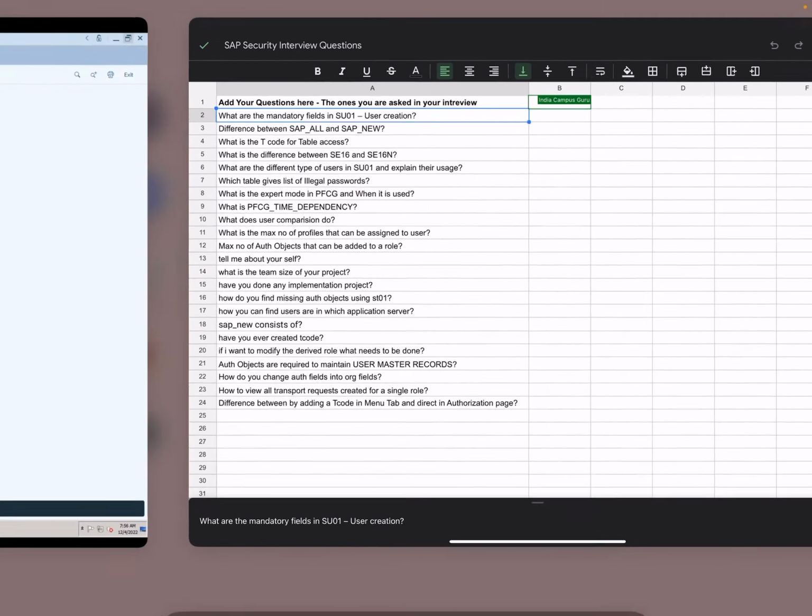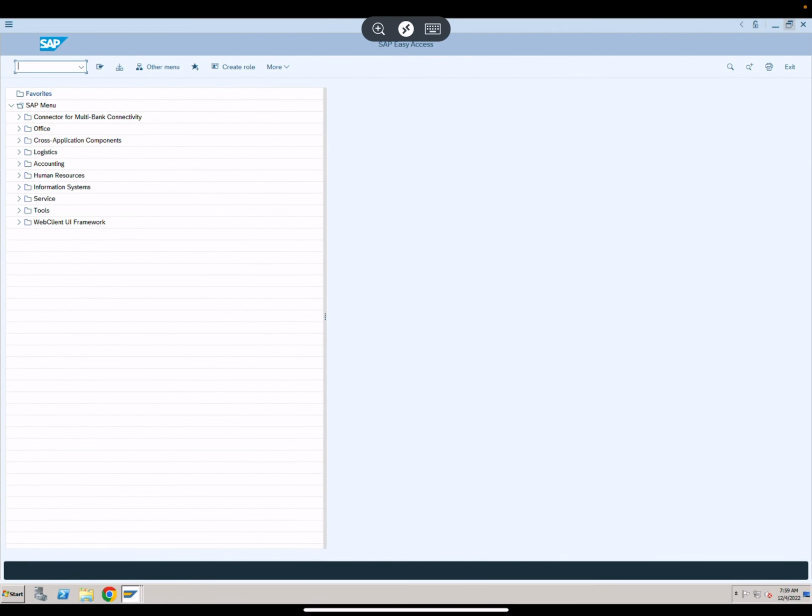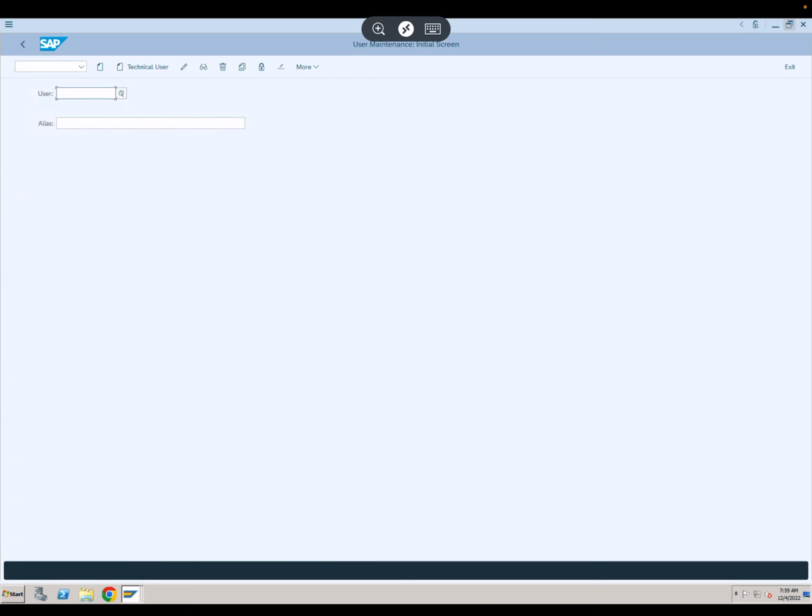So I will quickly show the T code itself. This is the SAP screen, and if I type SU01, that's the SAP T code to create users. My screen may look different from yours, as I may be on a different version, but you still have to know the mandatory fields we have to maintain for any user we create.